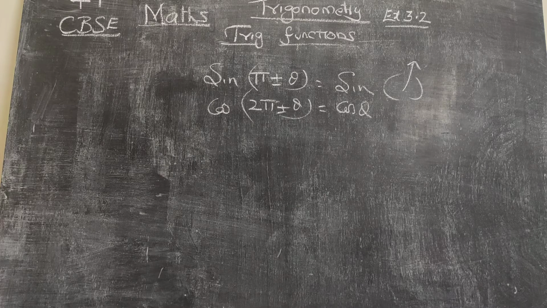Because when I am taking odd multiples of pi by 2, I have to remember that sine becomes cos, and then I have to assign the sign also, plus or minus. Whereas when I am taking 180 plus or minus, something like that, I have to remember only one thing: in which quadrant it is and whether it is positive or negative. So I need not convert sine into cos. That is the reason I am going to do almost all the problems in terms of pi or 2 pi. With this, let me go to the examples.